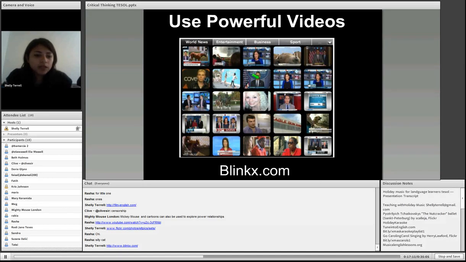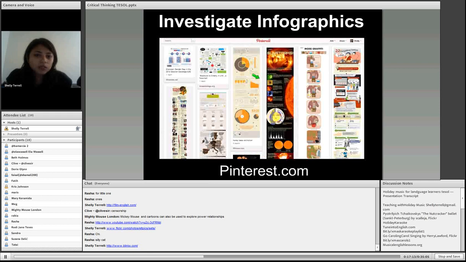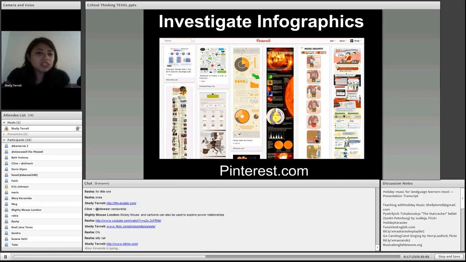Another great website that you may want to use, or another idea to investigate, is infographics. You can go to pinterest.com. If you go to pinterest.com and you just search for infographics, you're going to find so many different infographics. Infographics are basically visual ways of analyzing data.